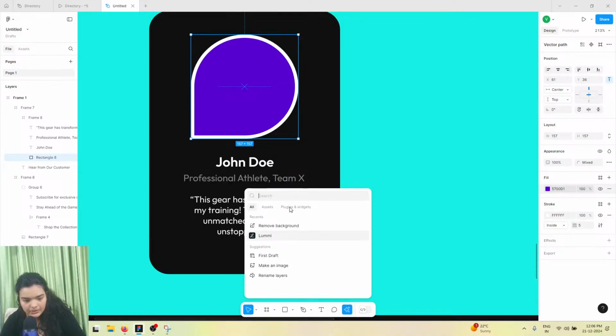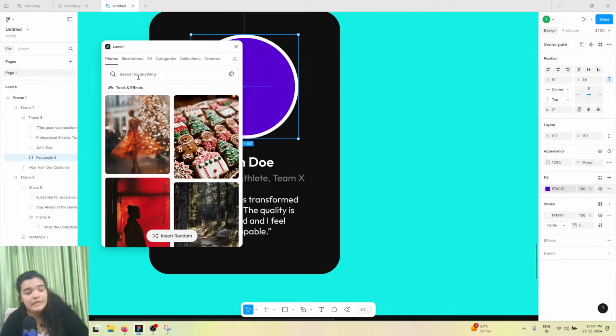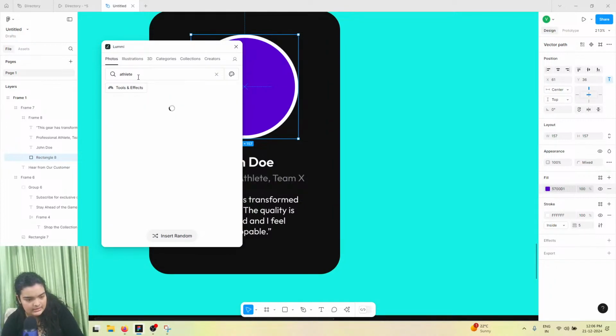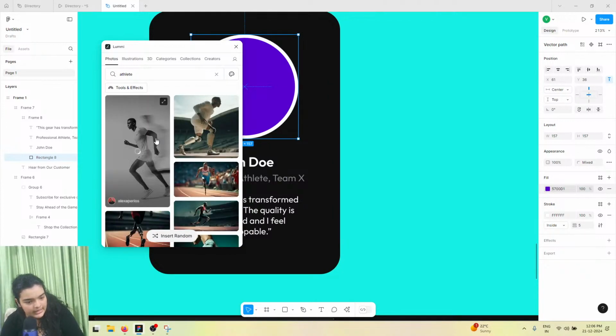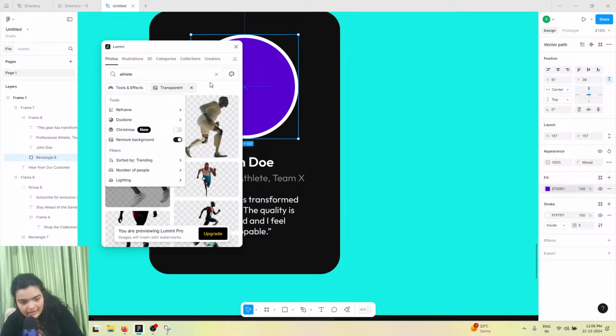And obviously we're going to go back to our plugins, search for Lumi. If you don't already have Lumi saved, you're going to search in the search bar LUMMI, and we're also going to search for an athlete because apparently that's what we want. Let's get an athlete's image in here, and you know what, let's get rid of the backgrounds. You can either remove the backgrounds from right here and just click on one of these images and that's going to remove the background for you. I'm just going to wait for this image to load because it does take a really long time to load,